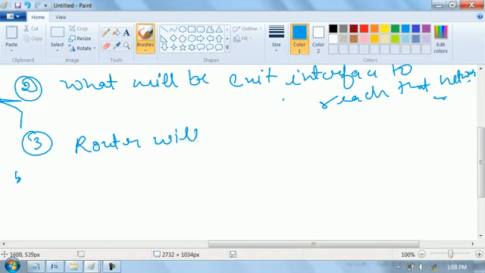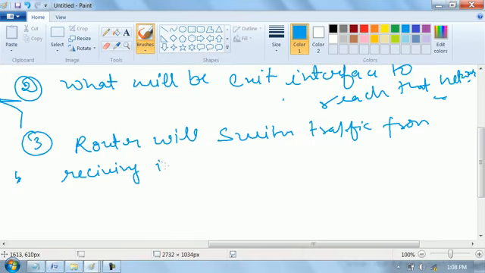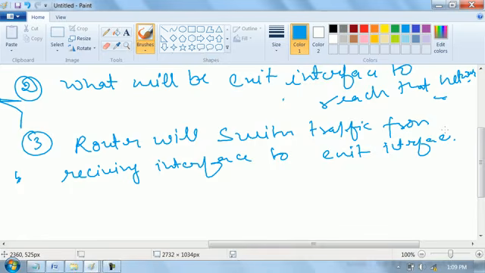राउटर विल स्विच ट्रैफिक फ्रॉम रिसीविंग इंटरफेस टू एग्जिट इंटरफेस. दिस थिंग इज क्लियर? कोई डाउट किसी को? हाँ जी, रिपीट करो. तीन स्टेप क्या है? रिपीट दीज थ्री स्टेप्स. फर्स्ट स्टेप